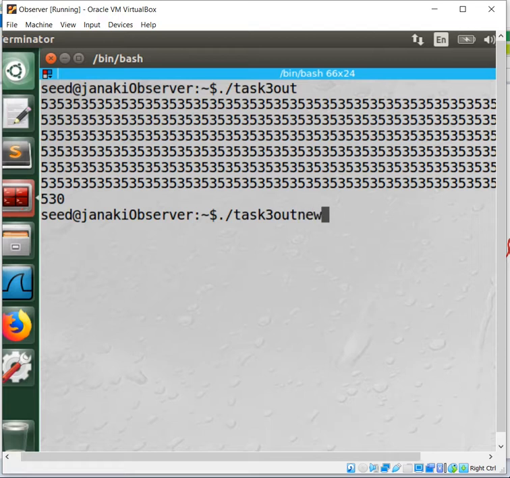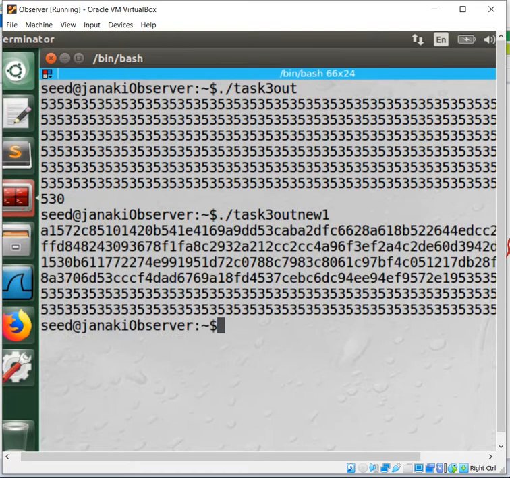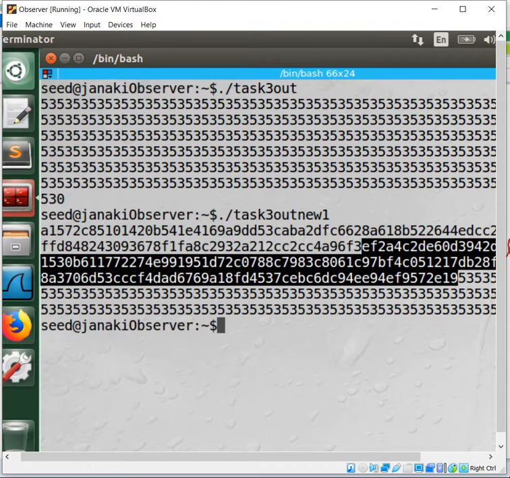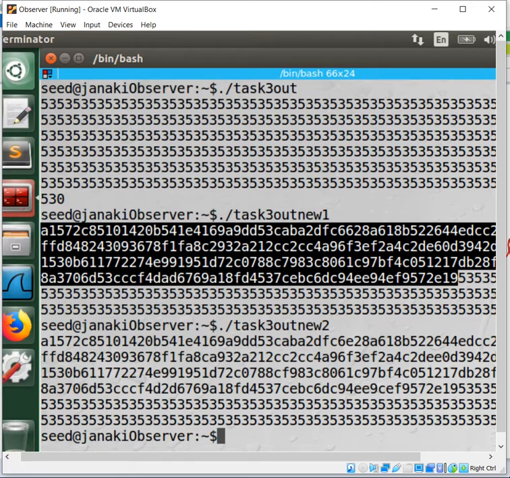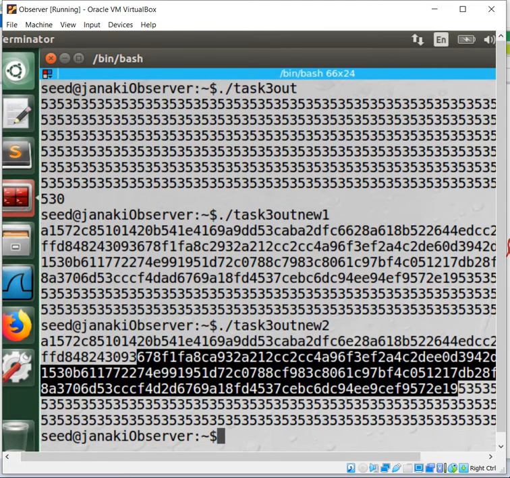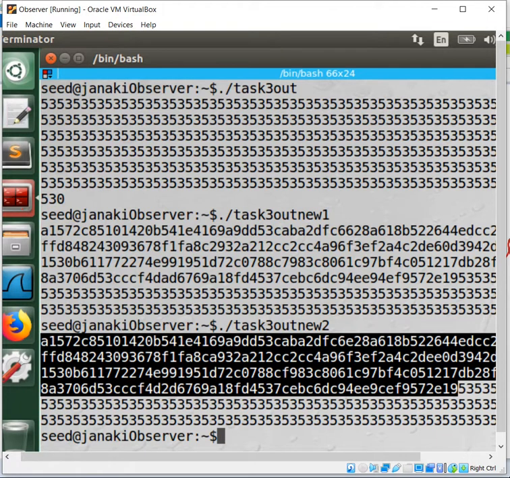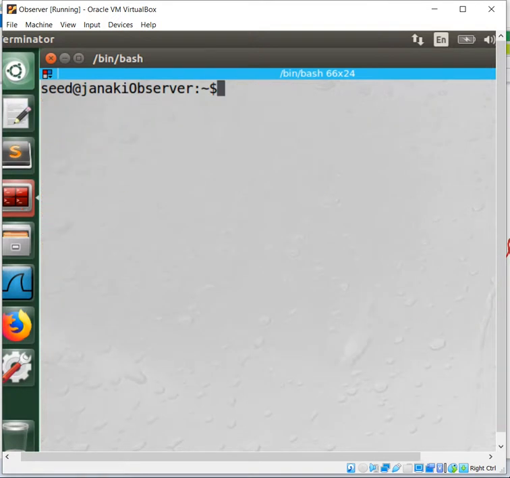Instead of that, if I run task3_out_new1, it will print up to 128 bytes the content of P, plus the remaining it will print the hexadecimal value of S. When you run task3_out_new2, again it will print the first 128 bytes, the value of Q, and the remaining all will be S. So all three output files are giving different output, right?